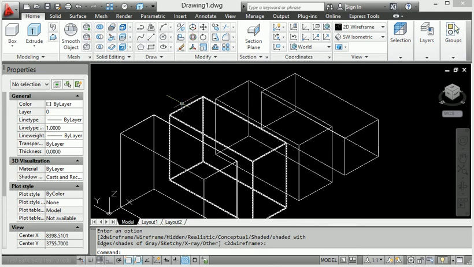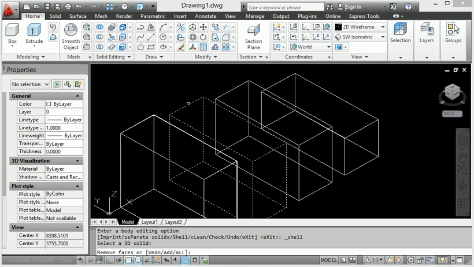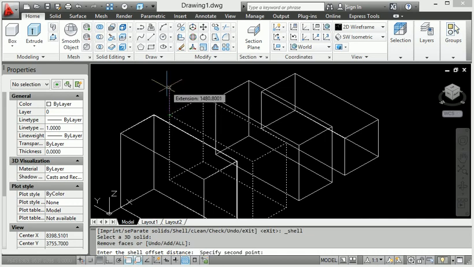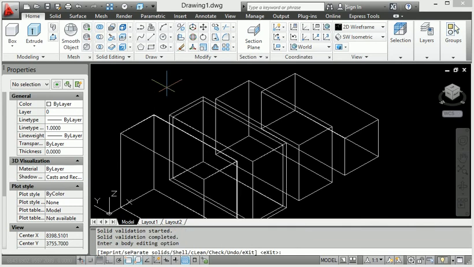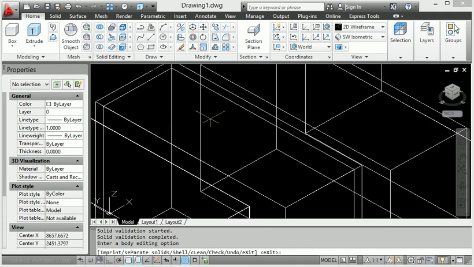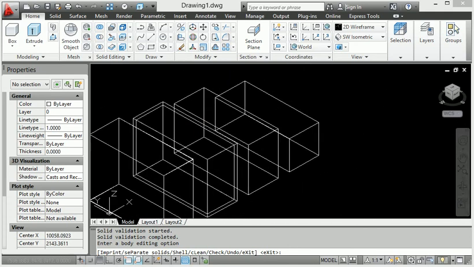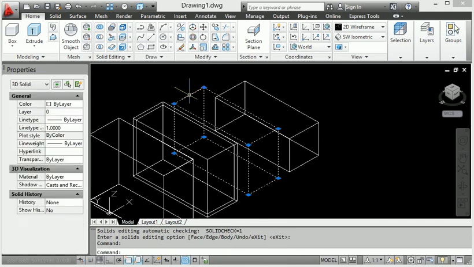Then I will show you the same thing again. Enter the shell command, click this whole body, and press enter. Then click the point and give the distance. I will provide 500. If 100, it's sufficient. Look at this, the shell portion has increased, right?